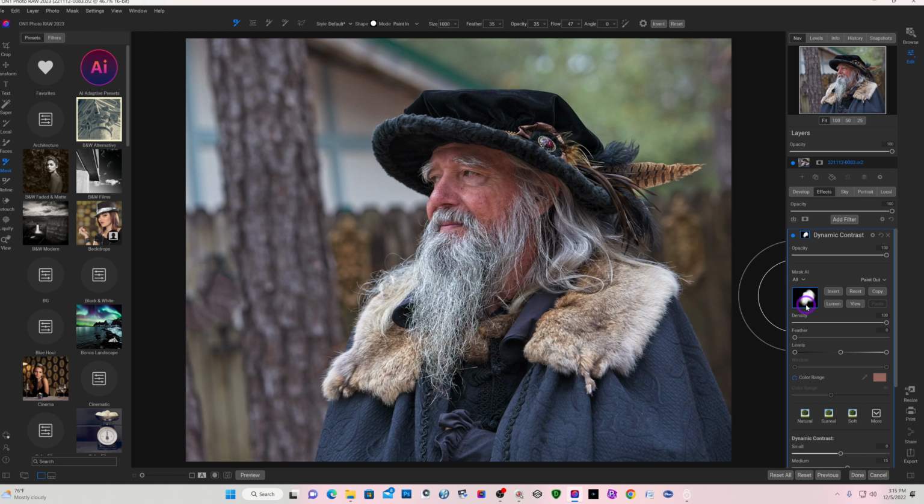And as you can see over here on the masking, white will reveal and black will hide. So now that I have that done,